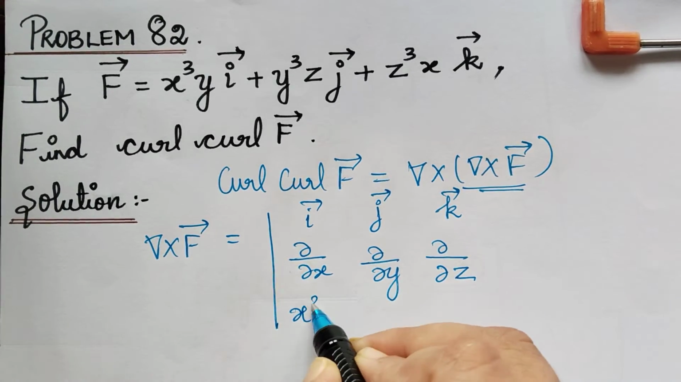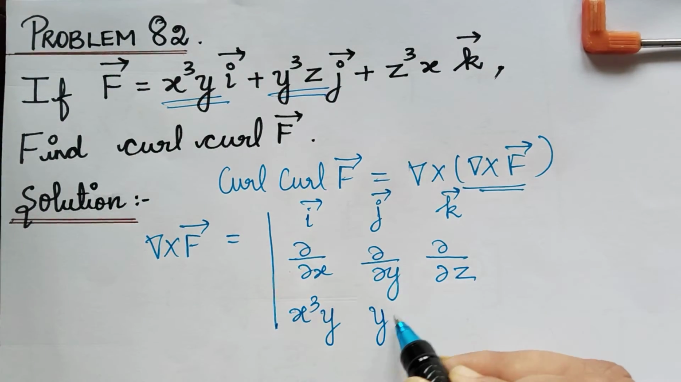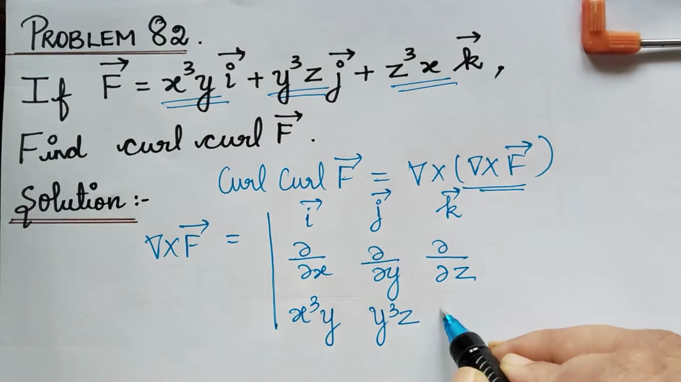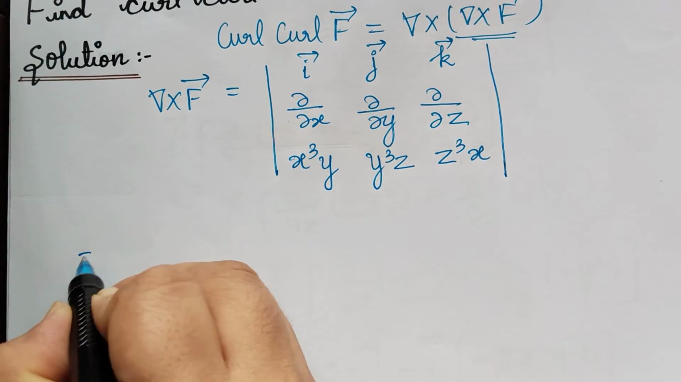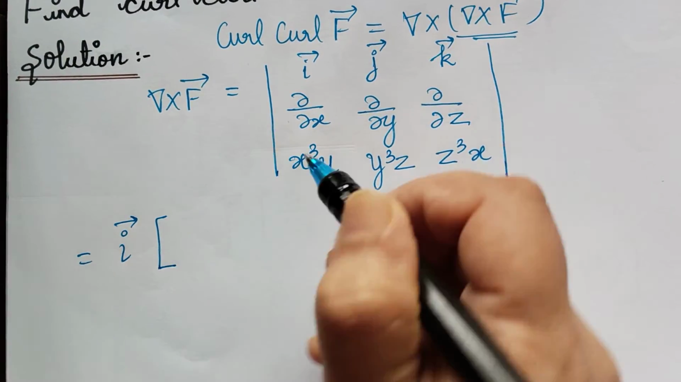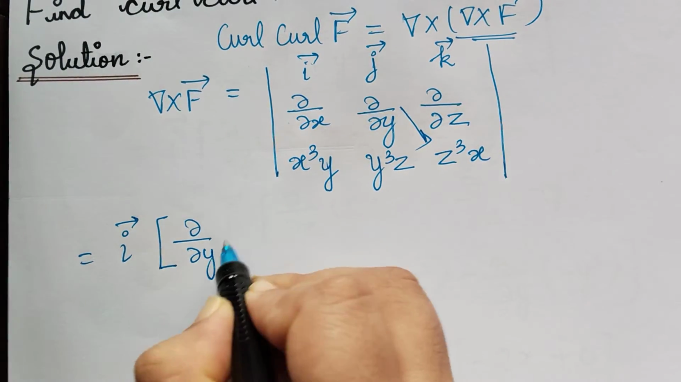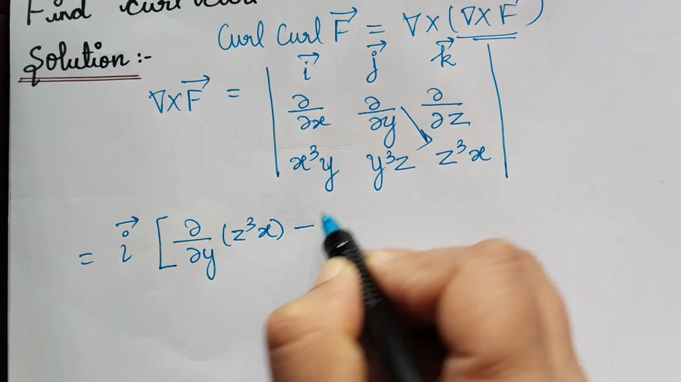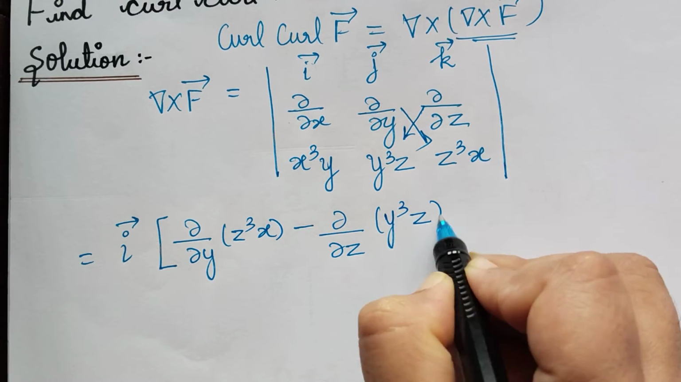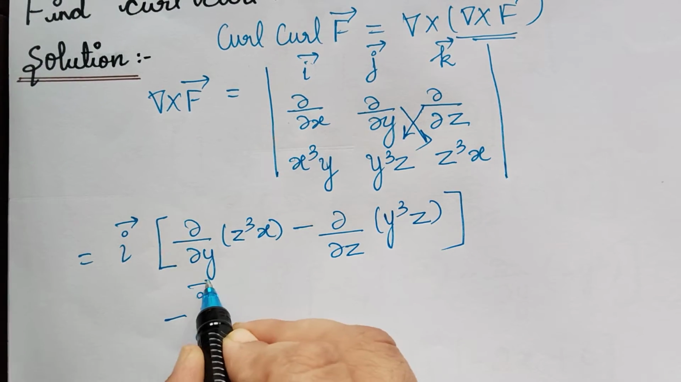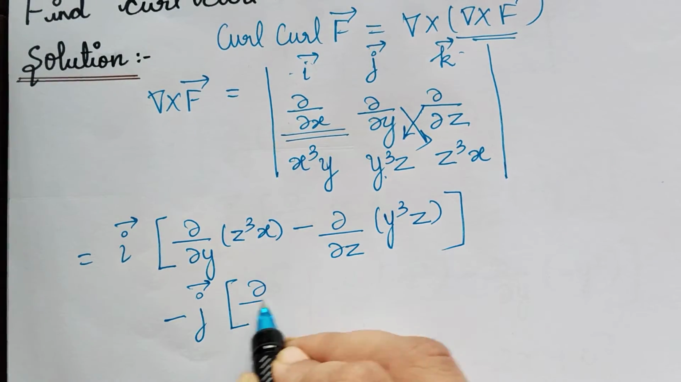And here we will be having the ith component, which is x cube y, and here the jth component, which is y cube z, and here the kth component is z cube x. Now we shall find the determinant of this matrix, and so that's equal to i vector multiplied with, blocking this column and this row, dou by dou y of z cube x minus dou by dou z of y cube z, minus j vector multiplied with, blocking this column and this row, dou by dou x of